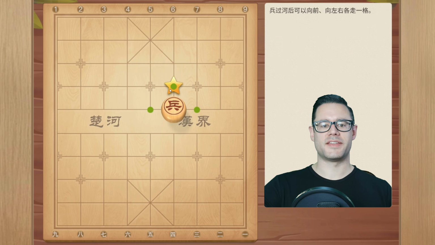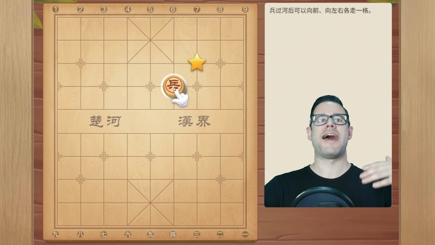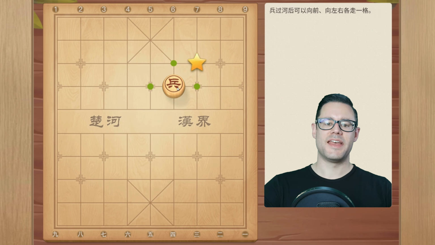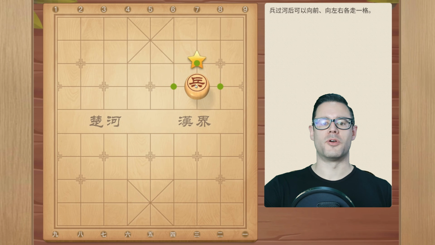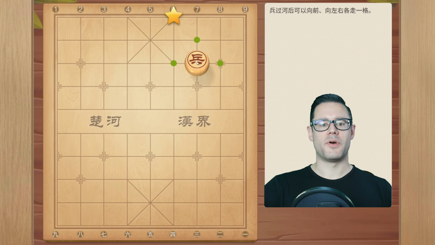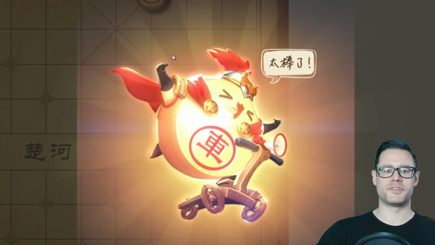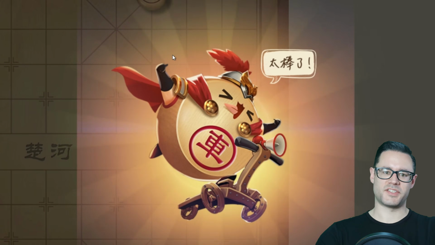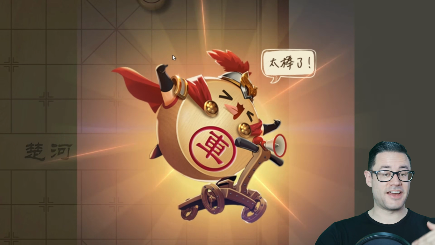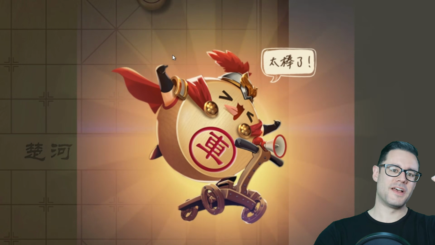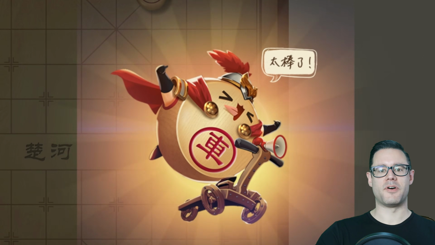So a pawn that has not crossed the river is not as valuable as one that has crossed the river, because pawns after the river on the opponent's side have more freedom of movement and are more powerful. Now, unlike Western chess, where pawns, when they reach the back rank, they promote, in Chinese chess, pawns do not promote. They just get stuck there on that last file because they cannot retreat, and they can only move left or right. So that's how the pawns move.